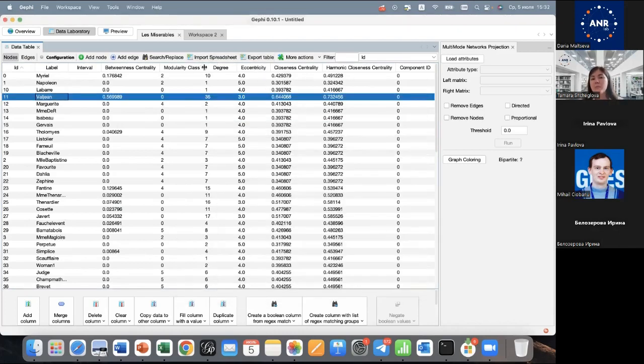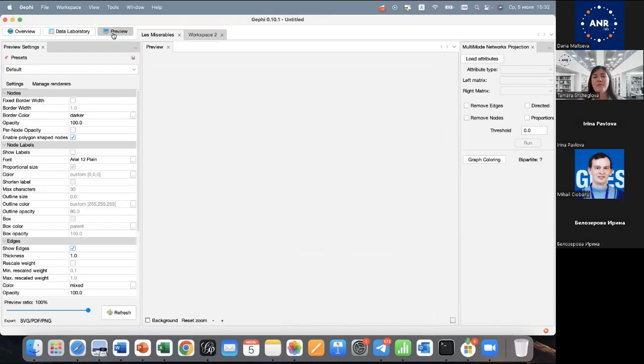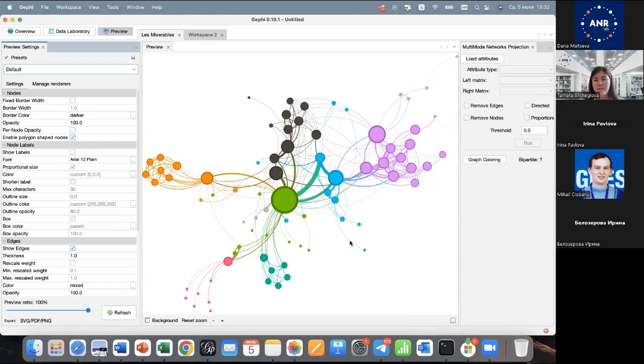Or we can import more data here by clicking import spreadsheet, but we will work with that later. And the third tab in Gephi is Preview. This is the final step of our visualization. It's like the rendering of the picture that will be downloaded, exported from the program. If we press refresh here, we see already